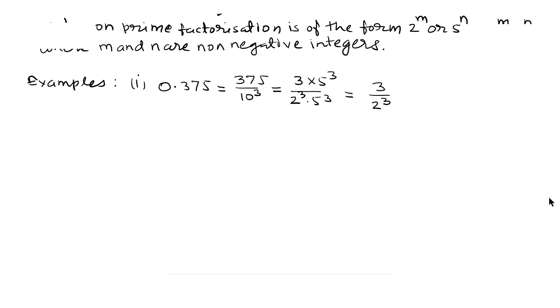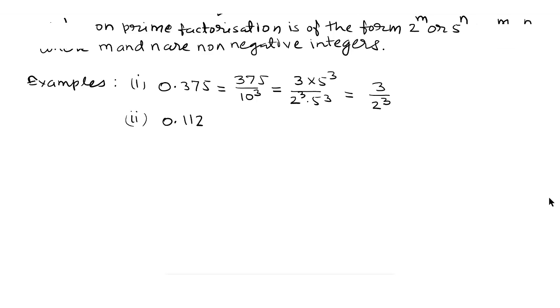Here, when we are getting the denominator as 2 to the power 3, then the decimal expansion of this rational number is a terminating decimal. Here it is important that the denominator on prime factorization gives us 2 to the power 3, or 2 to the power m in general. We go to another example,